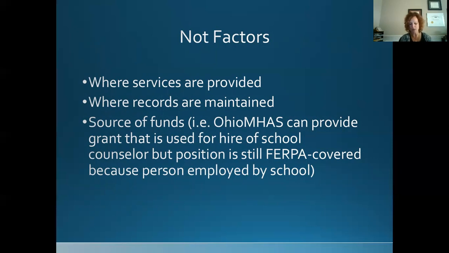And there could very well be some areas where a person with two hats might have to comply with two sets of rules. So you might have a community mental health provider that is also a contracted school counselor. They're filling both roles, and they may be dealing with two sets of records that are covered by two different federal confidentiality laws, and they will have to apply those laws accordingly based on which apply to their sets of records. So it can get very convoluted in some regards.